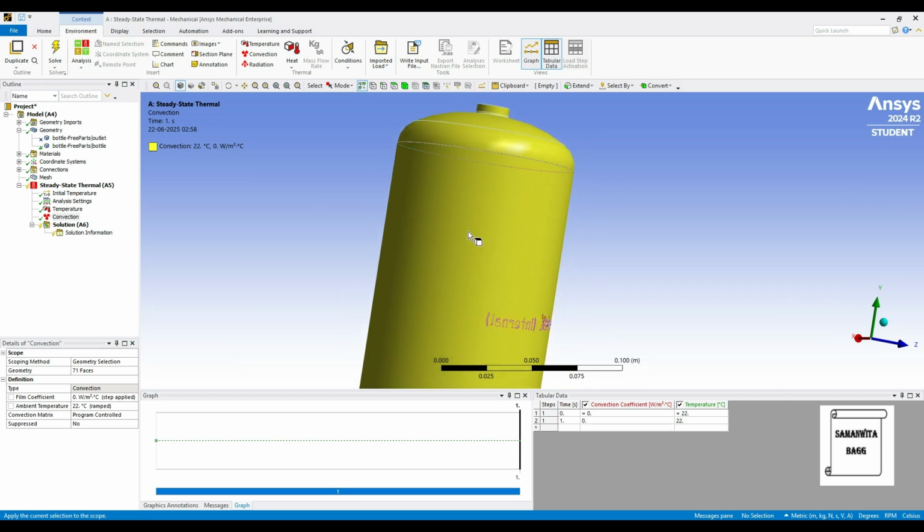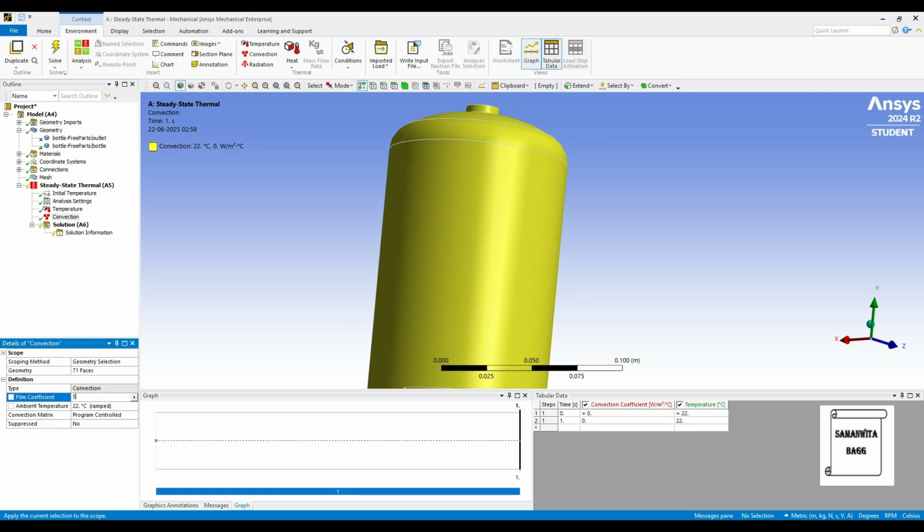I've selected the entire surface. Now I'll select the film coefficient. I'll give say 5 watt per meter square degree Celsius, and the ambient temperature I'm giving as 25 degrees Celsius.